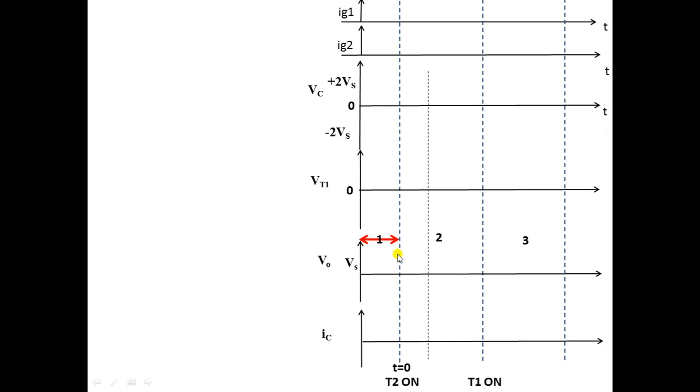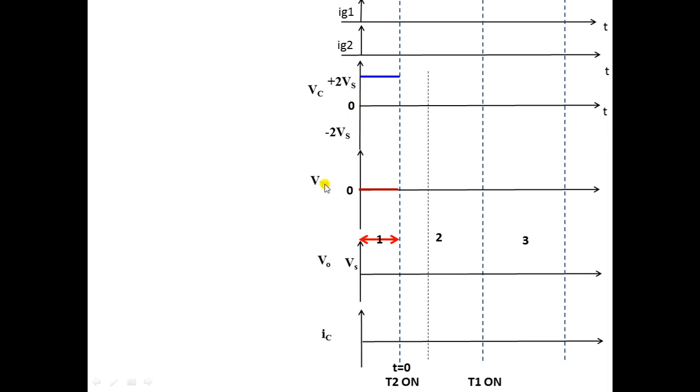What happens in mode 1? Thyristor T1 is on and thyristor T2 is off. And there is a voltage produced across the primary winding of the transformer because of the magnetic flux linkage, which is 2Vs, that charges the capacitor fully to plus 2Vs. So here the capacitor voltage is plus 2Vs. See, this voltage is plus 2Vs and lower marking is minus 2Vs. So capacitor has now charged fully to plus 2Vs.